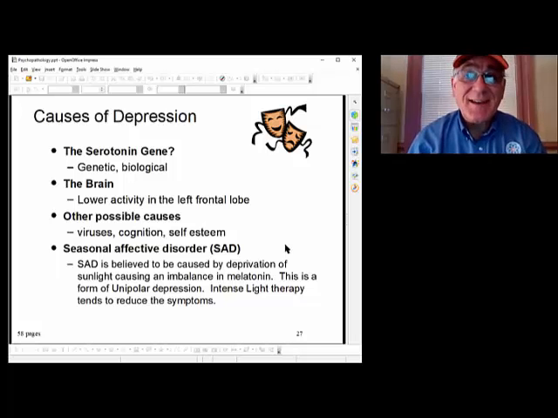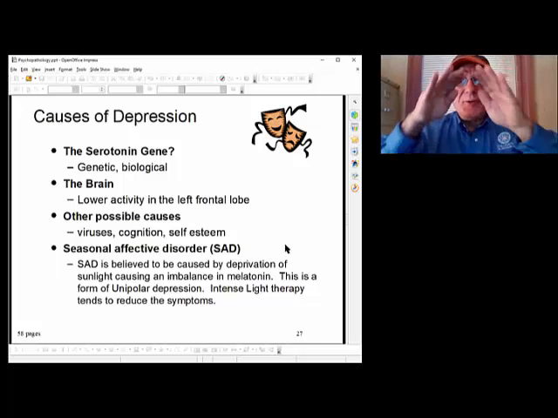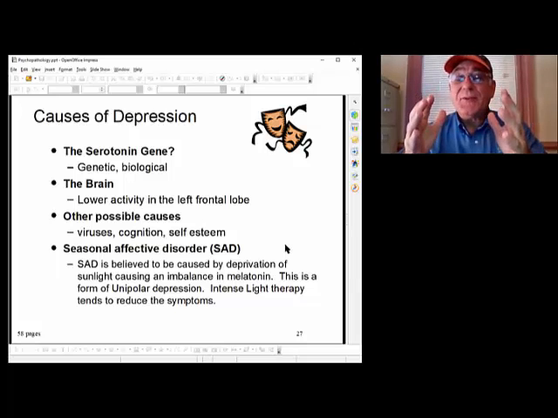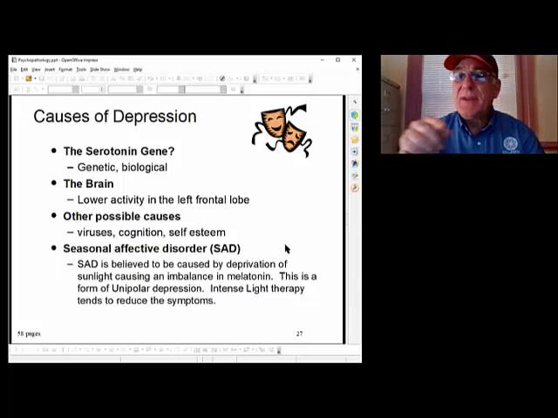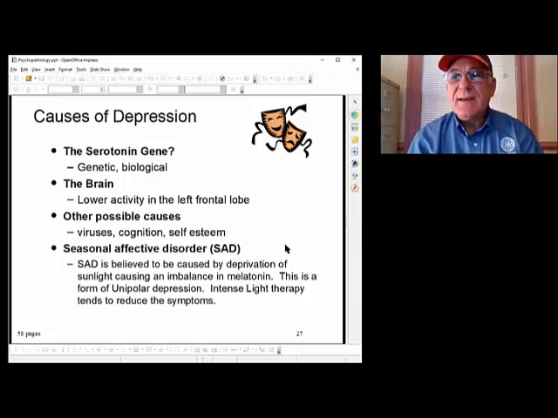Now, on the other side, we have this spectrum. There are people that have normal amounts of melatonin created, people who have lesser amounts. There are also people who have more. In the wintertime, they're fine. They have just enough to keep them going. In the summertime, too much sun creates mania for them. They're manic in the summertime. So there's both sides of this issue, and intense light therapy for those who have the depression side. They can use light therapy to help them.